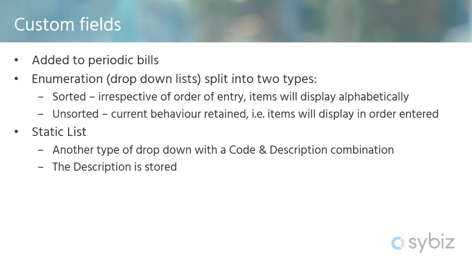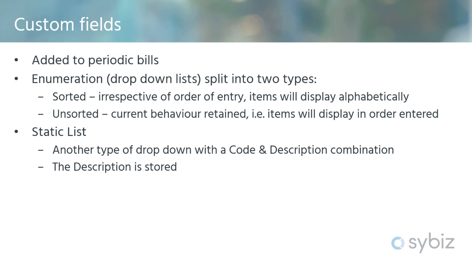And then the static list, we'll give you a screen grab of these in a moment just to explain it in a bit more detail. But a static list is just another type of drop down which has a code and a description combination, and that enables you to interact with those fields based on knowledge of the code. So you can select it by code or description, but the idea is that you'd have codes that help you uniquely identify the value that you're looking for,